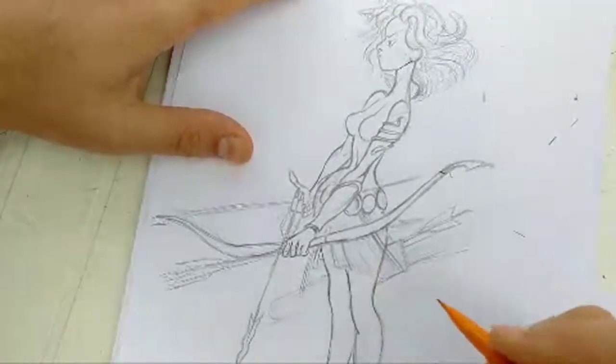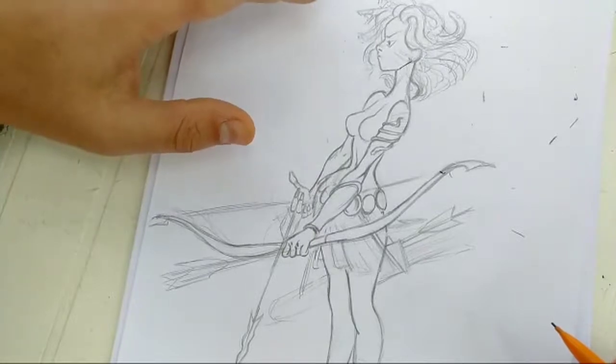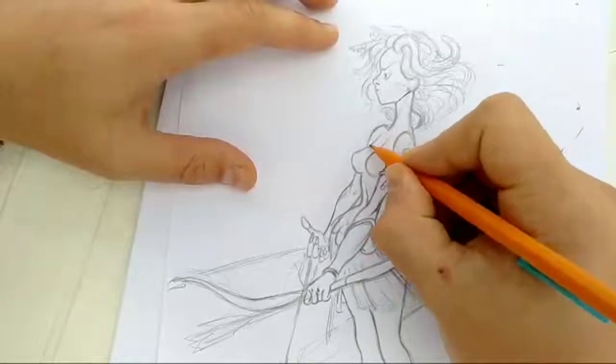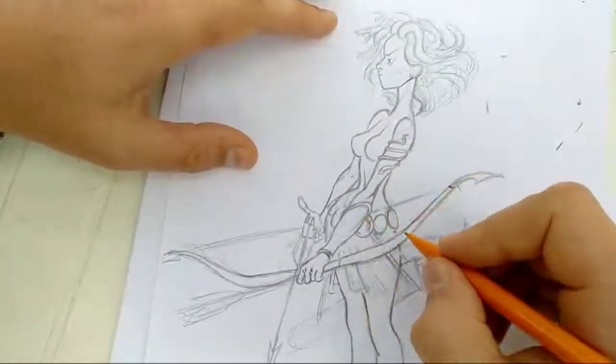Too many ticks for YouTube. Yeah, the furniture is amazing. I still have to paint them. Still haven't painted them. I want to, but